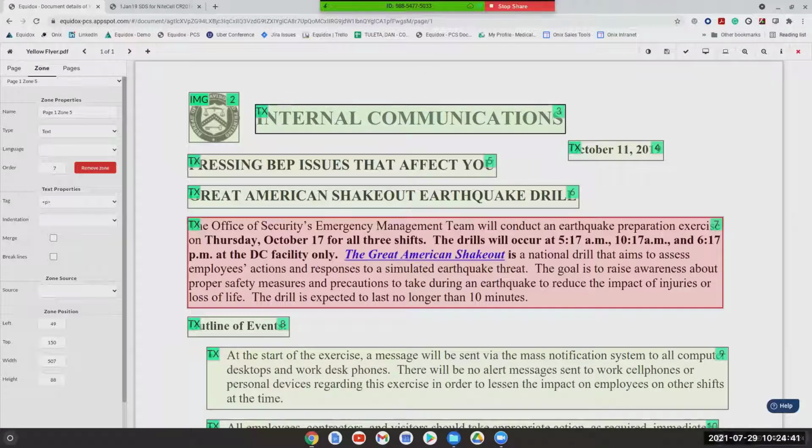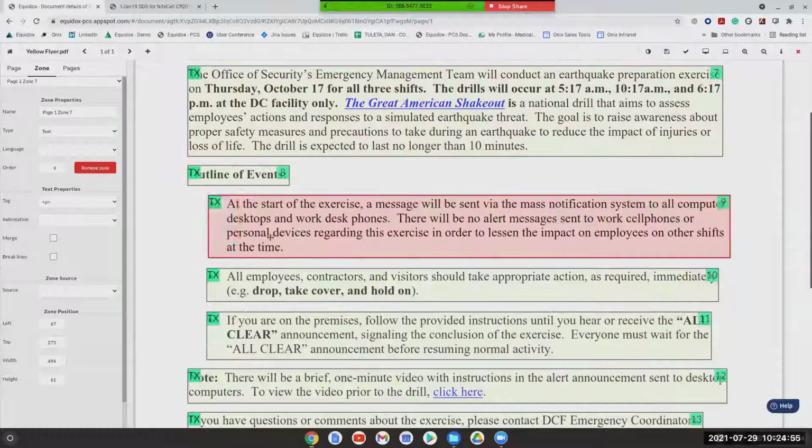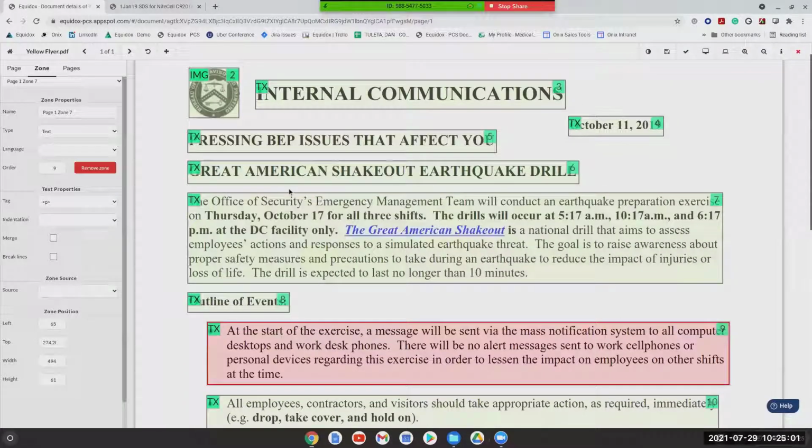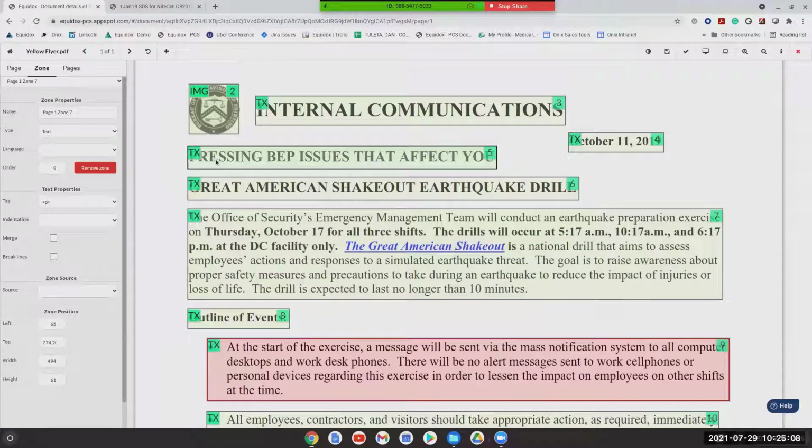So in a way, Equidox has its own sort of auto tagging feature built in, but it gives you the option as the remediator to go in and make those more nuanced adjustments, as I mentioned before. So setting things like your headings, interacting with list items such as this. So it's giving you this starting point of detecting the content, and you'll notice that it's a very neat detection. It's not giving you that overlapping, strange reading order, all kinds of issues that litter the page. You have a pretty clean starting point so that you can go in and make further adjustments.